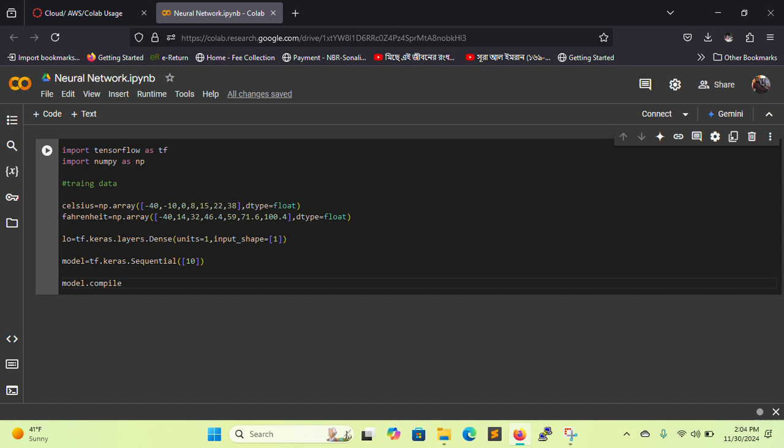Compile, loss equal to. We use the mean squared error for loss function, mean squared error,